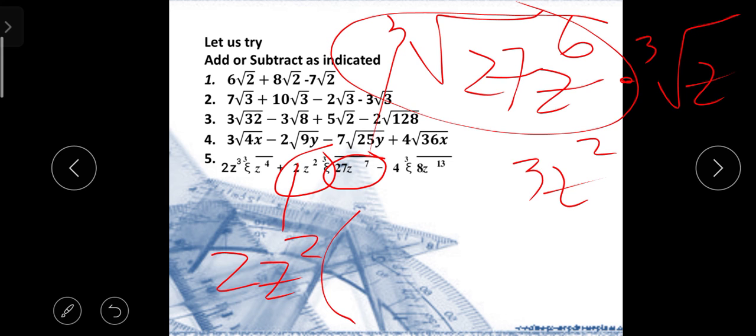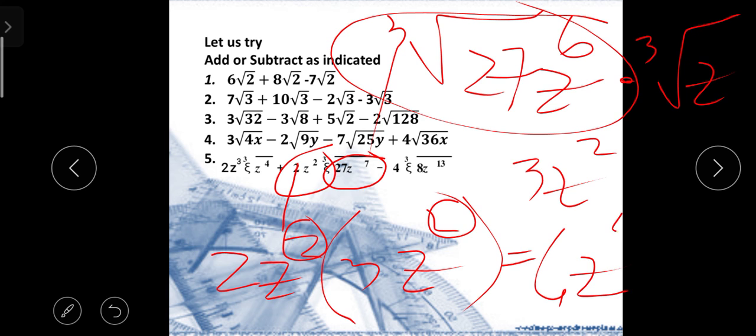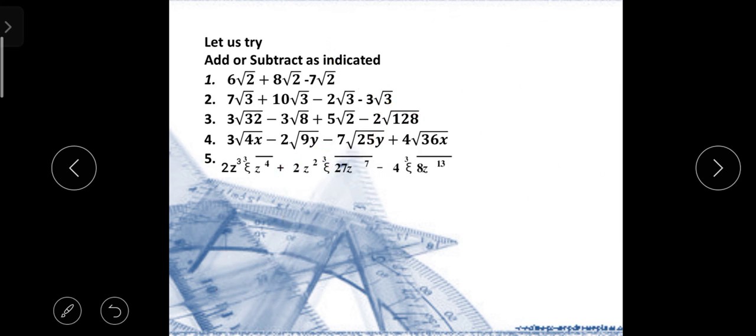So, meron tayong 2z squared multiply doon sa ating nilabas na 3z squared. So, 2 times 3, we will get 6 and then add the exponent. So, meron tayong 6z raised to the 4th power. 6z raised to the 4th power. Okay. For the third term,